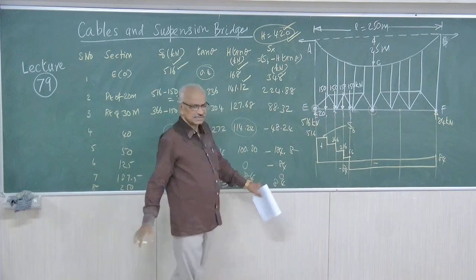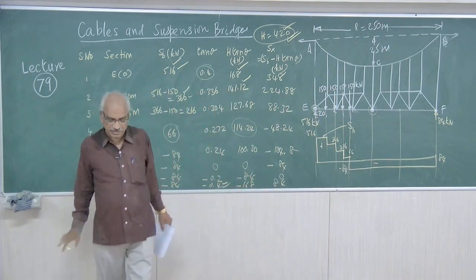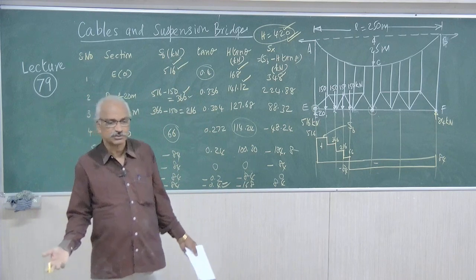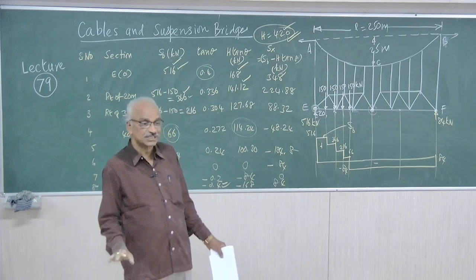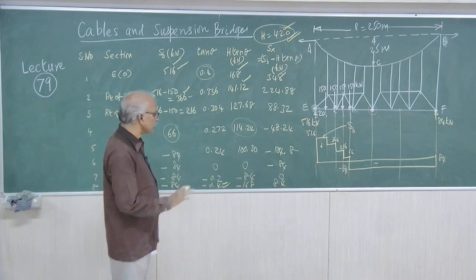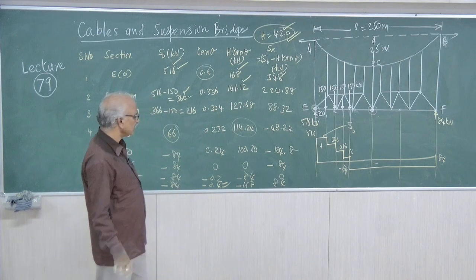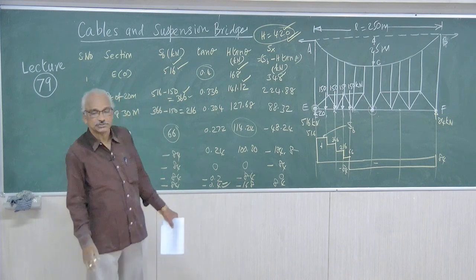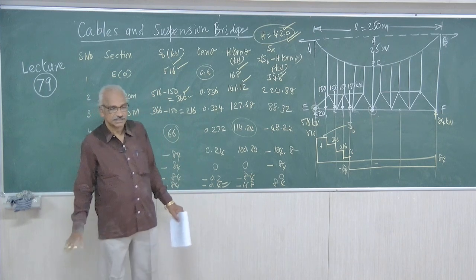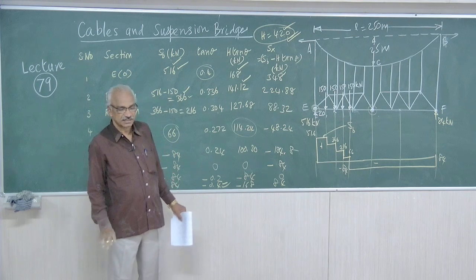So simply, if I forget about H tan theta, how you draw the bending moment diagram for a simply supported beam, just do it. That is the SB diagram. That is the beam shear diagram. There is no difference other than a beam shear diagram. So there are 4 loads. Accordingly, you just complete the diagram. There is no other confusion.